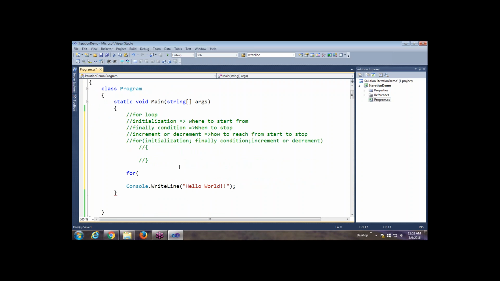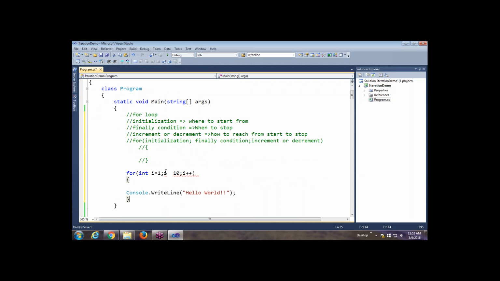So let me take one variable, integer I, and let's take its initial value as 1. When to stop? I want to stop at 10. Then how to reach from 1 to 10? Here I will use the increment operator, I plus plus. So let's use a pair of curly braces here.